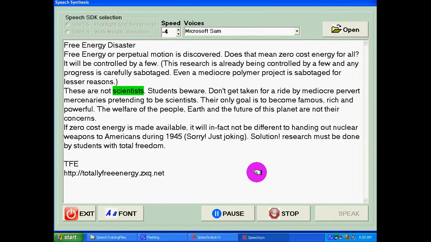These are not scientists. Students beware. Don't get taken for a ride by mediocre pervert mercenaries pretending to be scientists. Their only goal is to become famous, rich and powerful. The welfare of the people, Earth and the future of this planet are not their concerns. If zero-cost energy is made available, it will in fact not be different to handing out nuclear weapons to Americans during